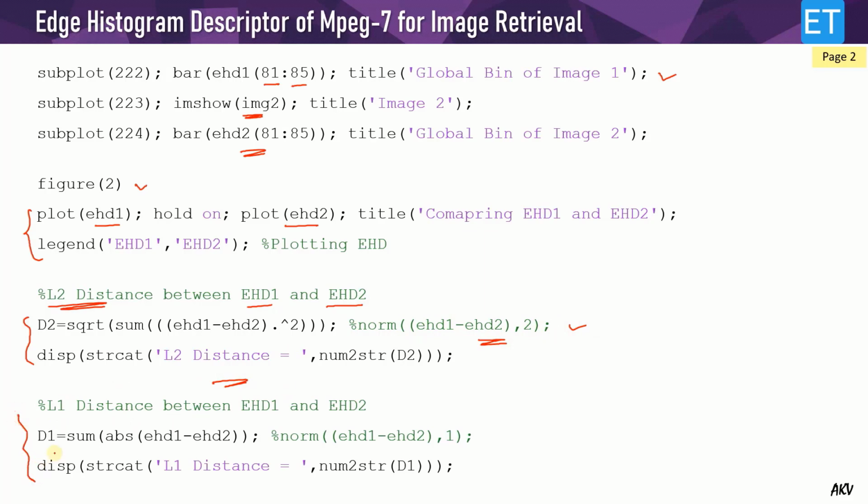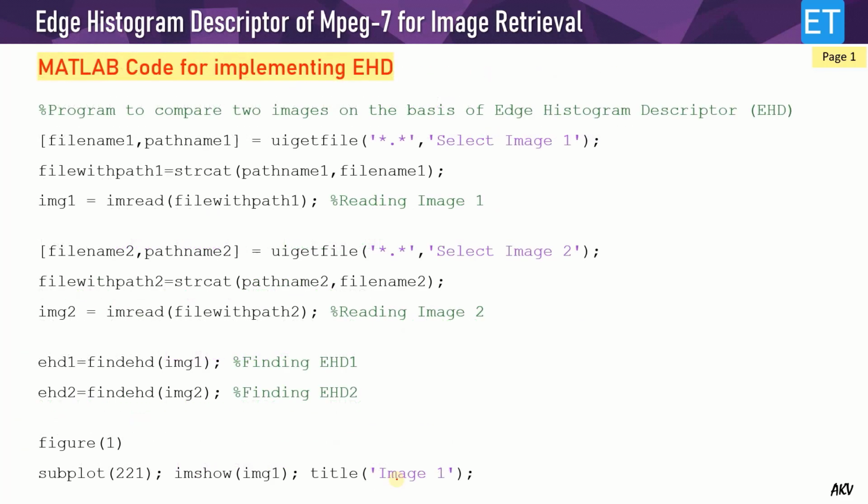And here with these lines, I am calculating the L1 distance between EHD1 and EHD2. This is simply sigma absolute EHD1 minus EHD2, element to element difference, and then summation. The same you can achieve with MATLAB's norm function, norm(EHD1 minus EHD2, 1), and then displaying this EHD. So let me run this program, but before running it, there is one thing we have missed, and this is